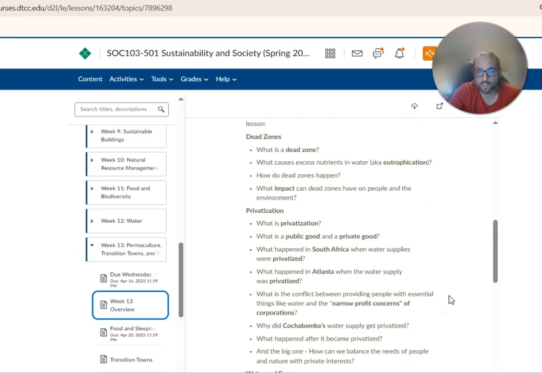Again, this is another lesson where we could go any number of directions, and there's so much out there in terms of sustainability and water resources that we don't have time to get to it all, but hopefully you have a better sense of what we need to do and some of the issues with regards to the sustainability of water supplies, both domestically and internationally. Okay, I'll leave it at that and move on to the week 13 overview.